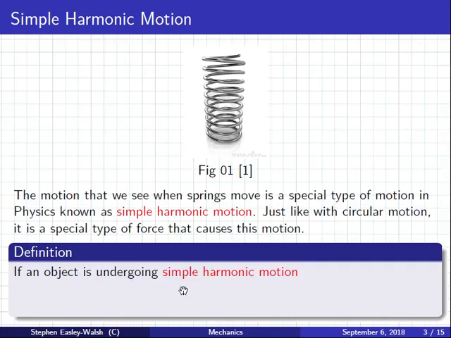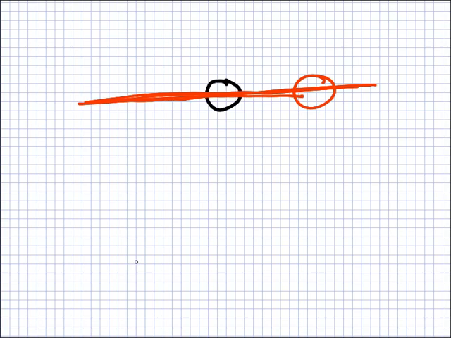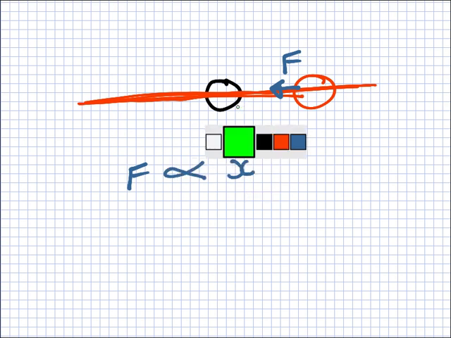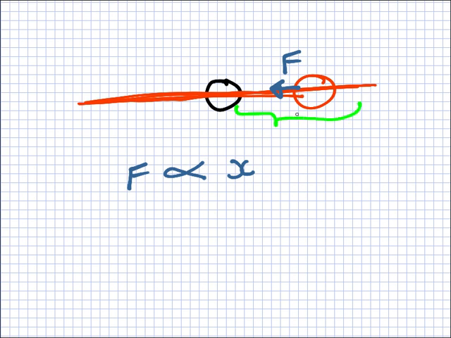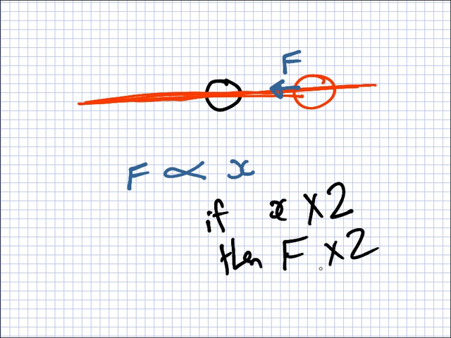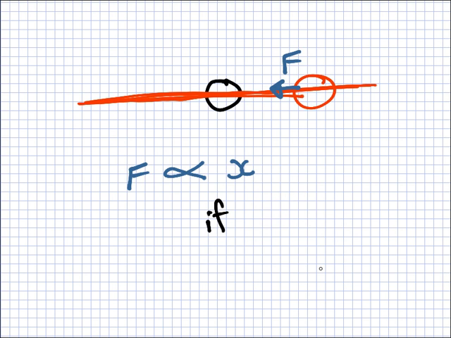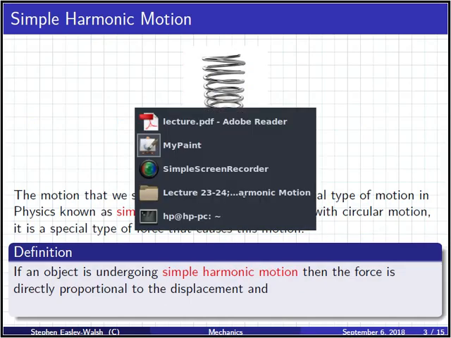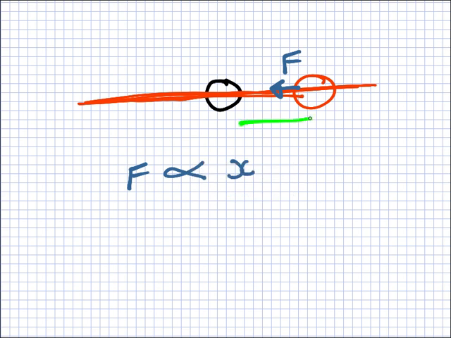If an object is undergoing simple harmonic motion, then there's a force that is proportional to the displacement. Let me explain what that means. So there's a force here, and this force is proportional to x. So if you make the distance twice as big, then this force becomes twice as big. Have you seen this symbol before? No, you haven't. So what it means is if the x is multiplied by 2, then the F is 2 times bigger as well. Okay. So there's a force here which is proportional to the x